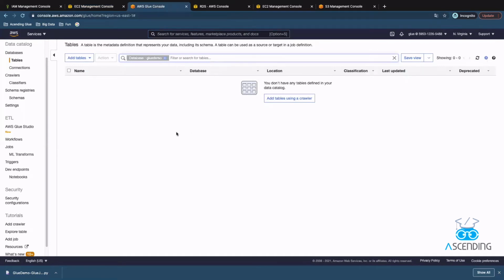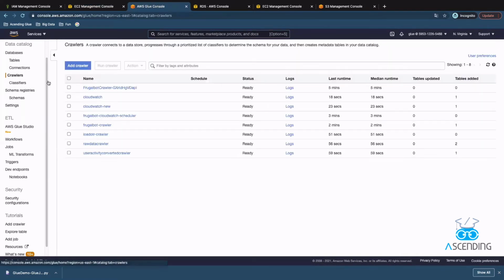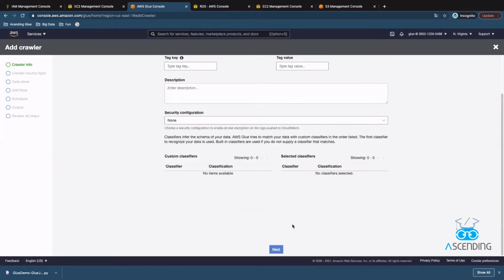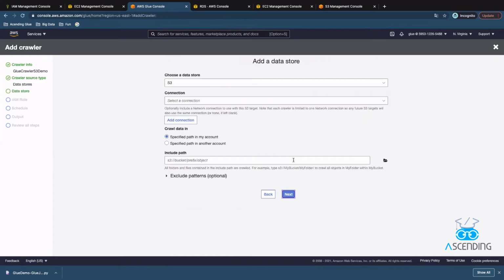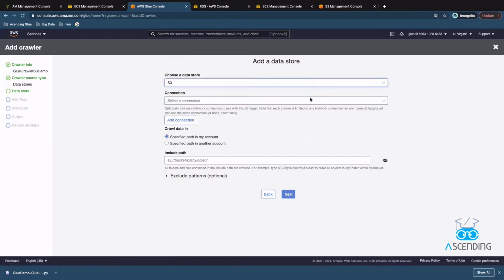We open the Glue console and find the crawler under the data catalog. Click Add Crawler. Give a name to the crawler. Keep the default settings for the rest, and click Next. Keep default. Click Next. We choose S3 as the data store.